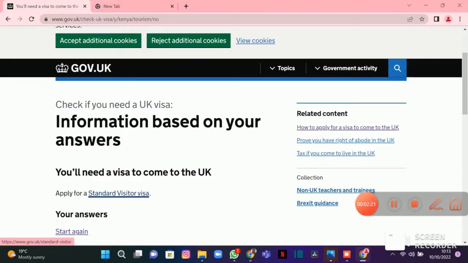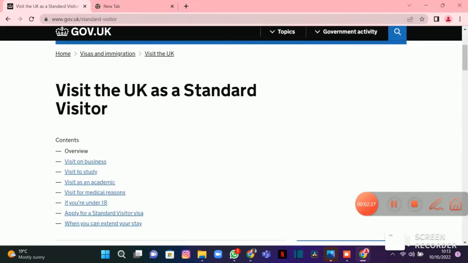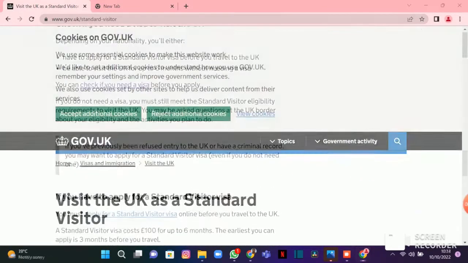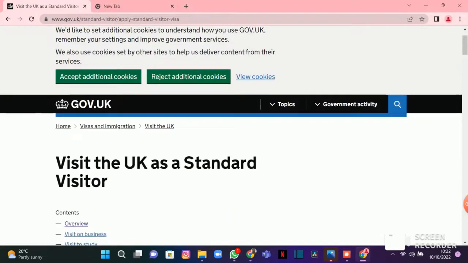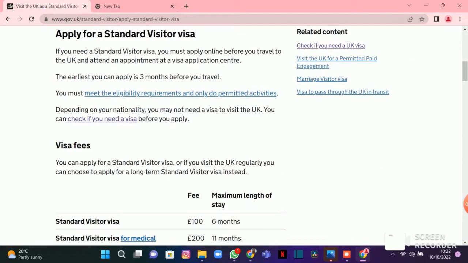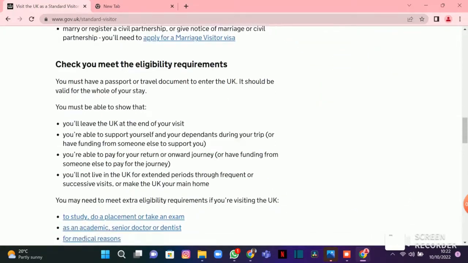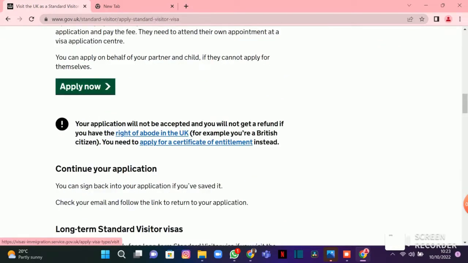So again, read to understand. As you can see, I went back and now I actually clicked on visit the UK as standard visitor and clicked on that, and then I scrolled down. You need to check your eligibility. I think I mentioned that already. Once you figure that you're eligible and you have the finances to support your application, you click apply now,